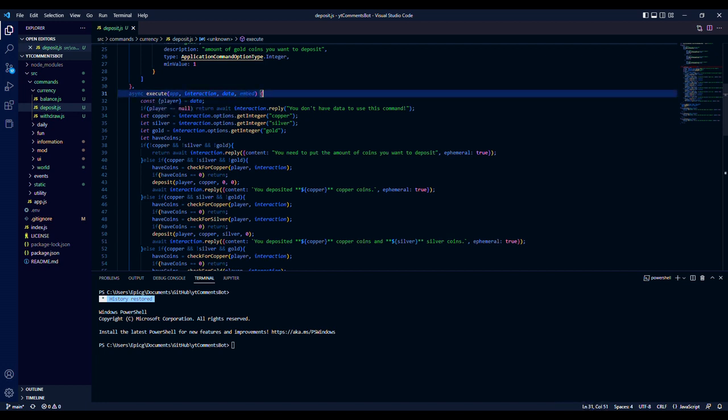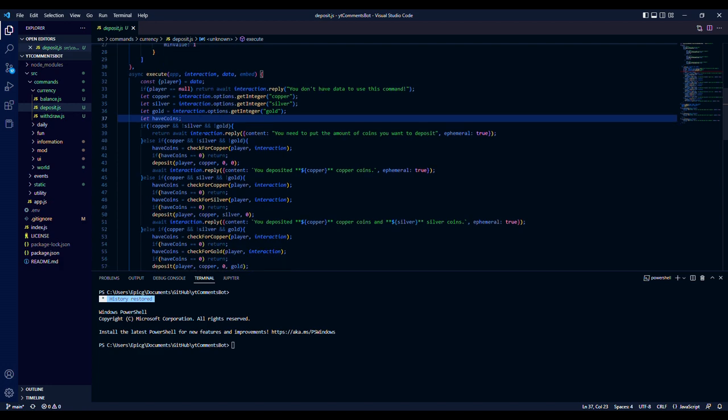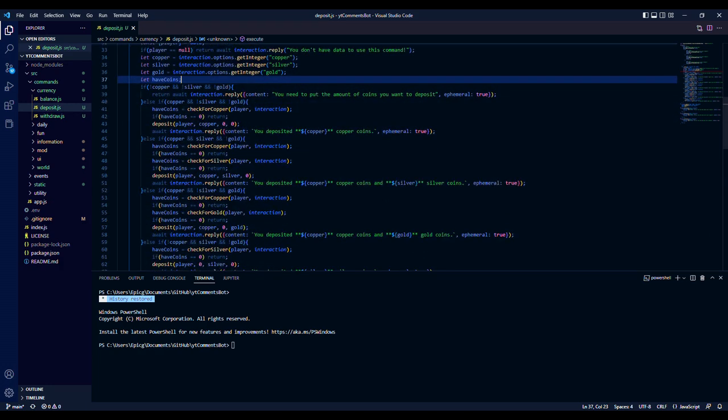You know what you do. Same thing with this, copy paste this. That's all you'll have to do, since this will check if we have data or not. Copper, silver, and gold. So just get the option, get integer, copper, silver, gold for each of these. Then have coins, just set that variable there. And yeah, it's a long if-else statement, but I'm not going to bother putting in